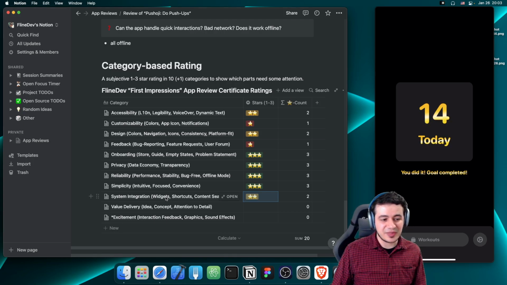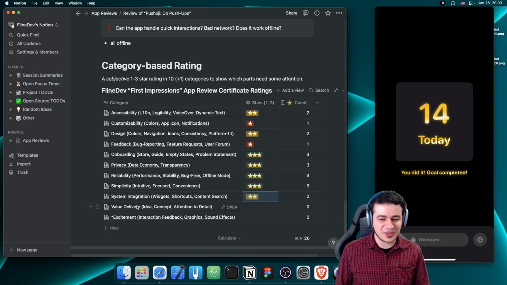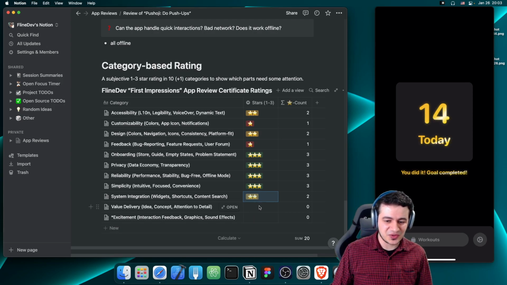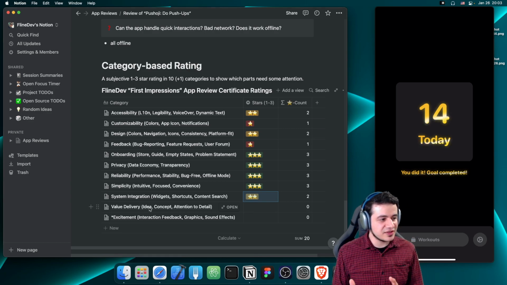Otherwise, SharePlay, amazing, so definitely great idea to do that. I think one of the first apps that actually makes sense and makes really great use of that. I've seen at least. Then we have value delivery. So the idea, having an app, I think part of the idea is also that social experience where you do